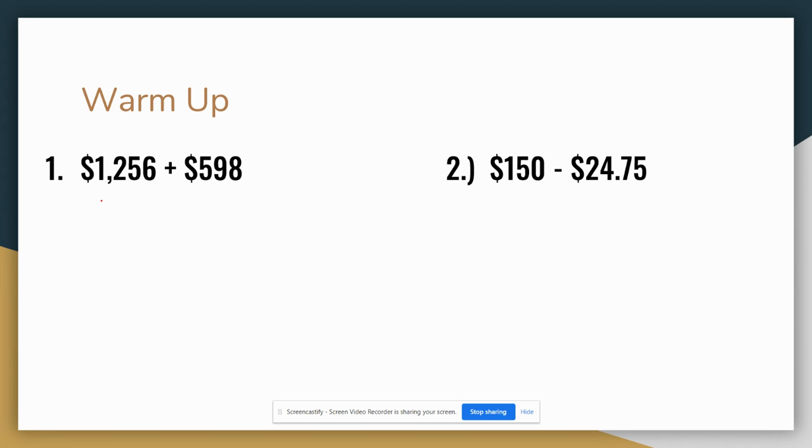All right, let's go ahead and look at these together, just in case you made a mistake, because it won't be graded for today. I just want to see what you can do on your own. All right, so I'm going to go ahead and write